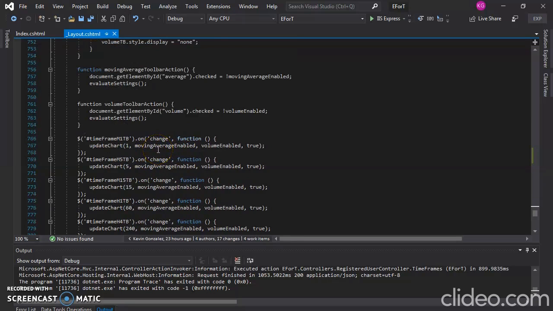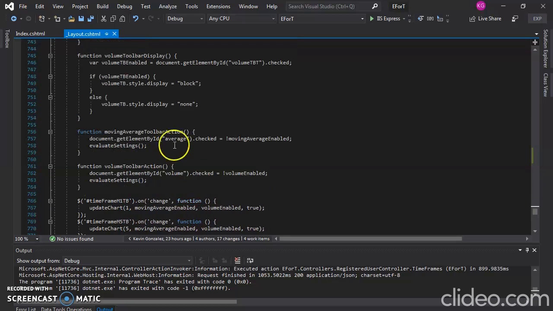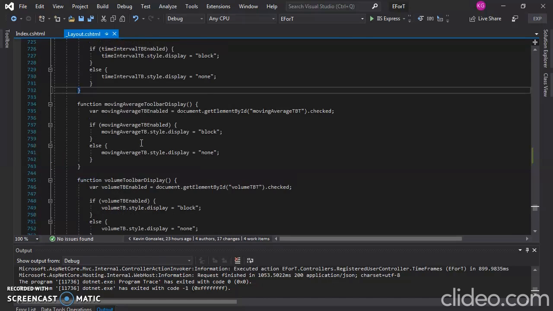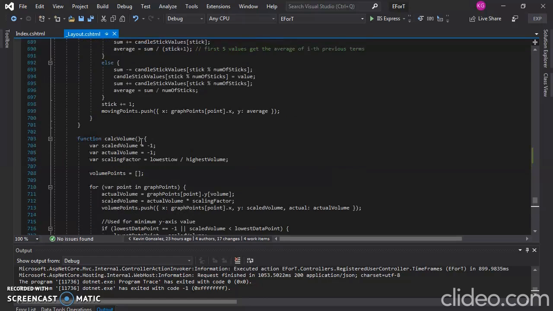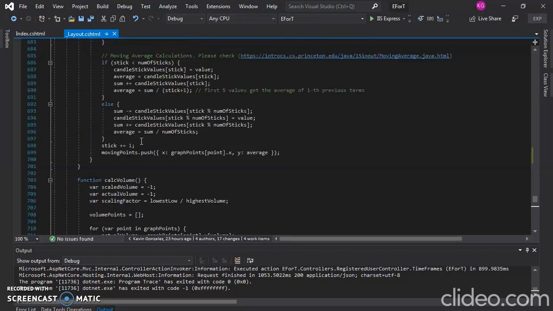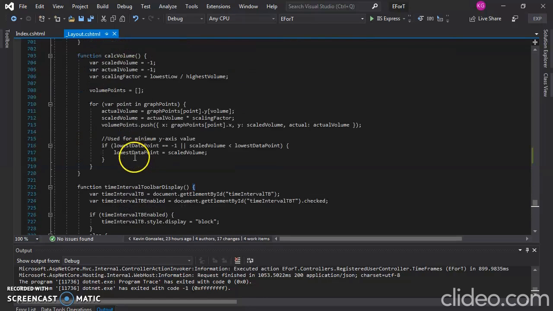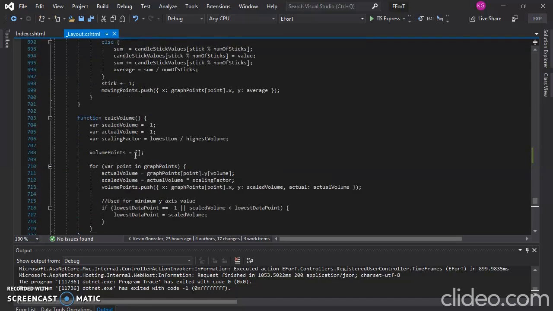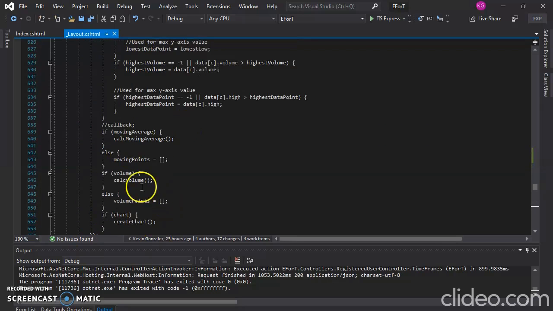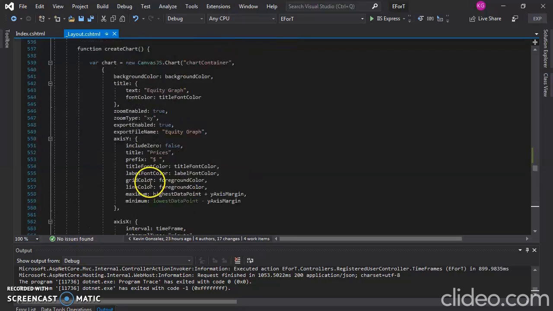But if you guys want to create a new feature, my suggestion is to create a function that uses everything that this feature does. Pass in any parameters you need. Look at the global variables, so you could grab global variables if you need them. And after that, if it has to do with the data, add it at the end of the update data function right here, and all of this should be called up